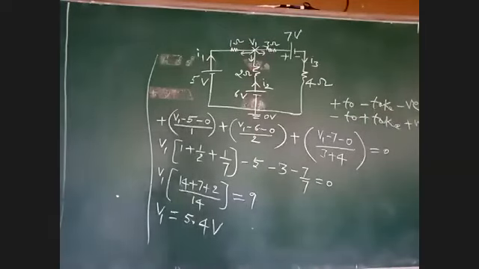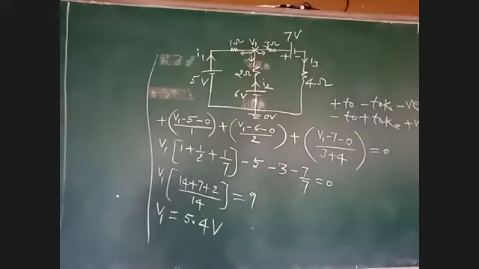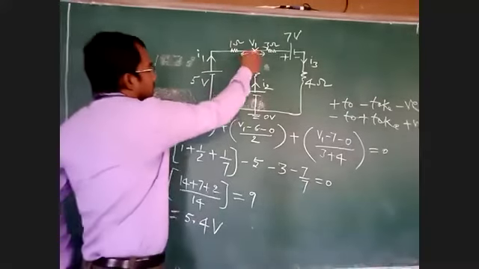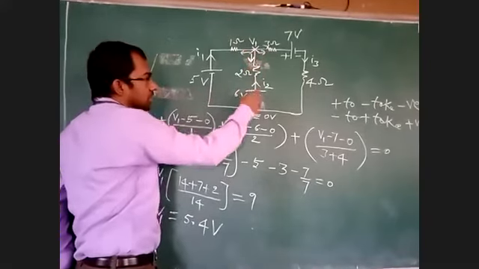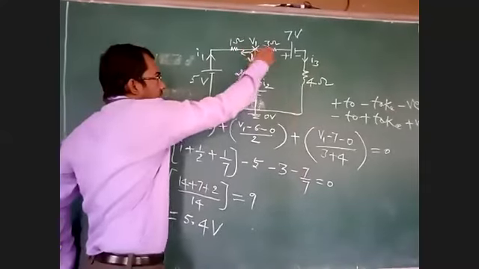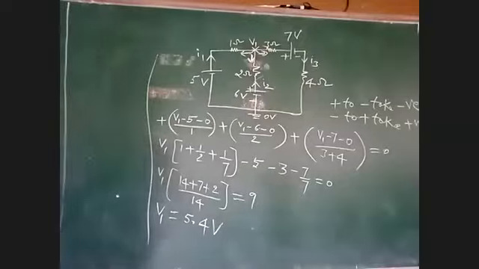In the previous class, I had told this in the node analysis and in mesh analysis: if current flows from plus to minus, take negative; if it flows from minus to plus, take positive. Is it okay? Yes, sir. But then V1 plus 6 minus 0, right? See here, this arrow is moving from plus to minus. We are not considering these directions. We are considering our assumed directions for determining node voltage. Okay.